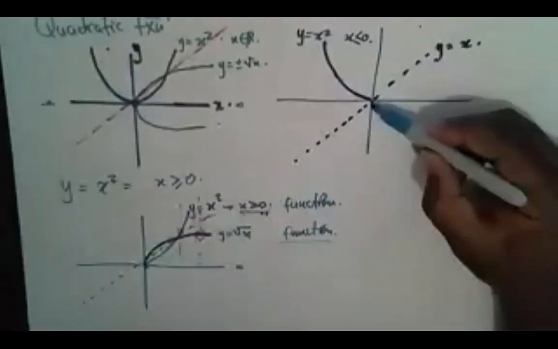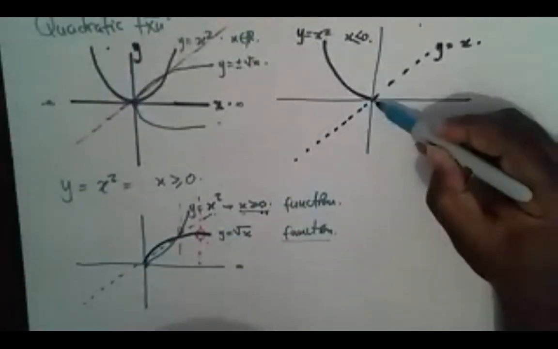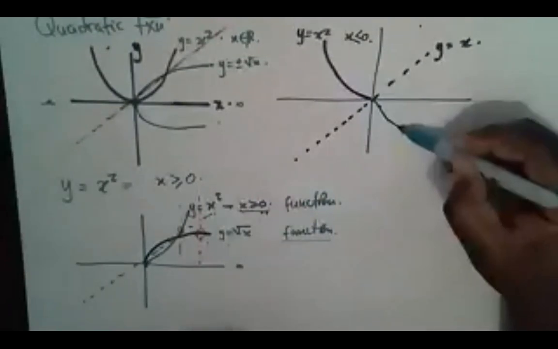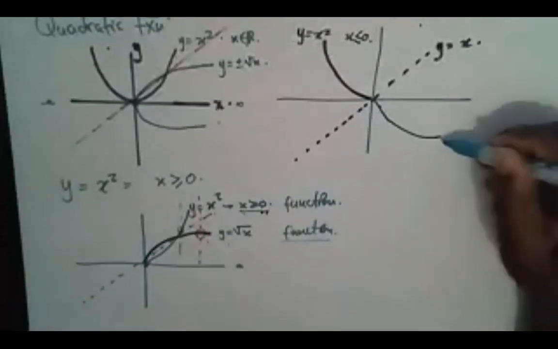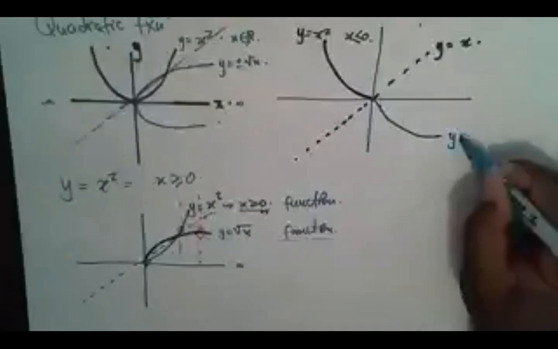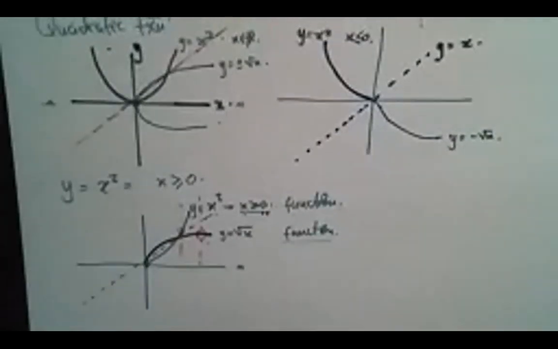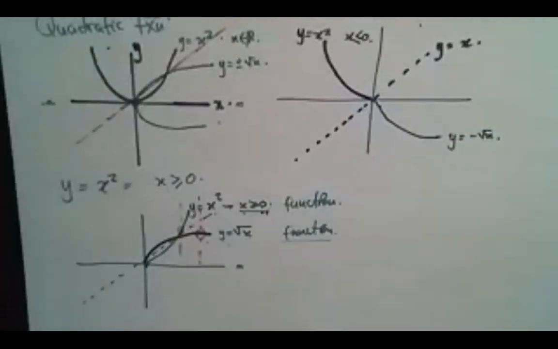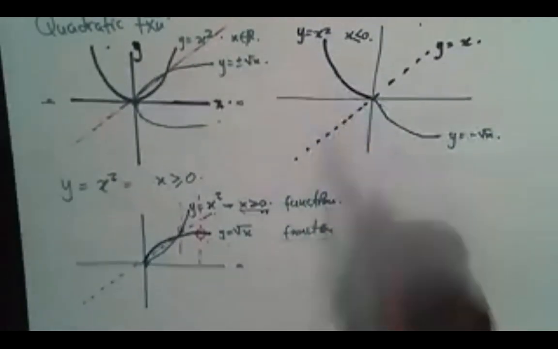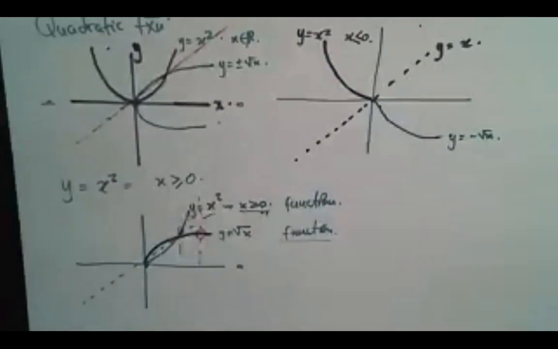And the reflection of this one is this one. And this is y is equal to minus square root of x. So now, this one is a reflection of this one. So if I draw a vertical line,